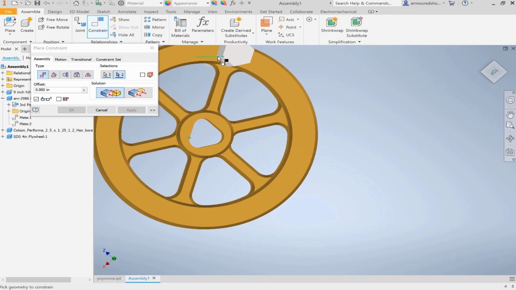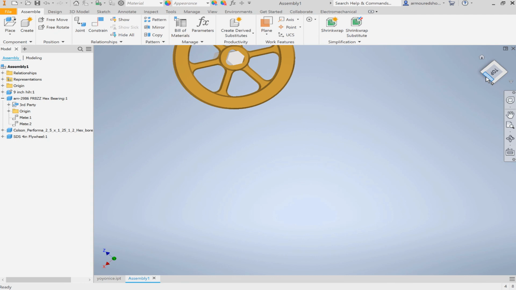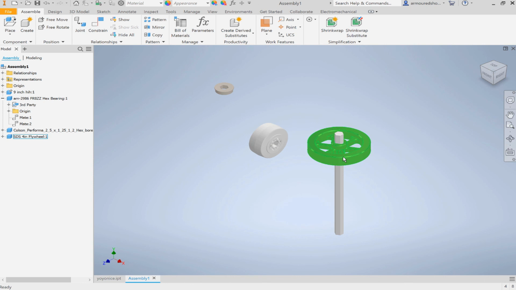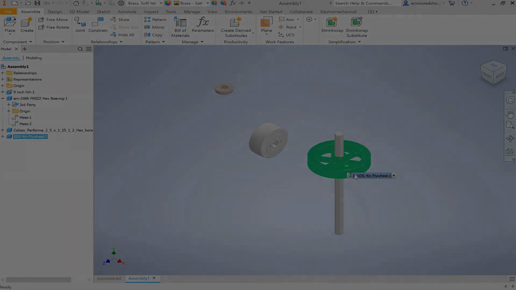And you could go ahead and do your flush if you wanted, but I'm not going to because I don't really care too much. I'll go for the home view because now this will slide up and down, but this shaft is grounded in case you couldn't tell. You can see a little thumbtack. And it won't slide anywhere else. It won't rotate. All it will do is slide up and down the shaft. So, yeah, that is how you constrain 1/2 inch hex bores to 1/2 inch hex shafts. It's way more complicated than it needs to be, I know. I spent like a good couple hours trying to learn how to do this because it's an important skill. And yeah,